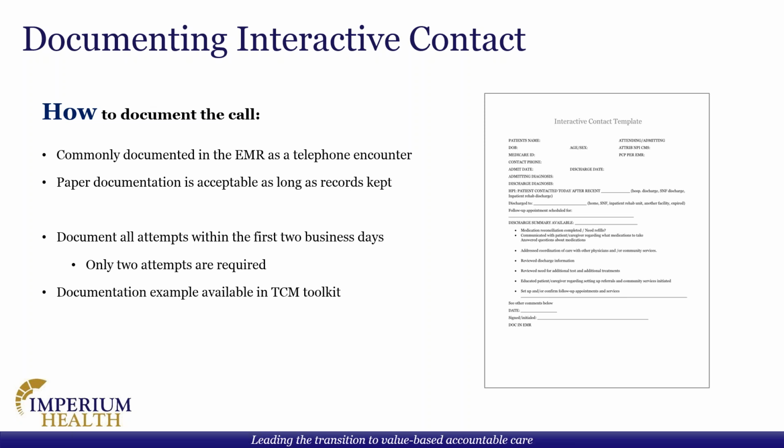Now, the Wednesday or Thursday contact doesn't necessarily matter for the TCM, although it does help to make sure that we're able to contact the patient to ensure they're doing okay. And hopefully by contacting the patient on Wednesday or Thursday, or in that scenario, days 3 and 4, we're able to get them to come back into the clinic on days 4 or 5 to do that within 7 days TCM visit. The most important thing you can do with this is document what you talked about and document who made that call. No one wants to be audited and feel like they're scrambling to find information. So the better we can document information for ourselves, the better prepared we'll be for an audit,